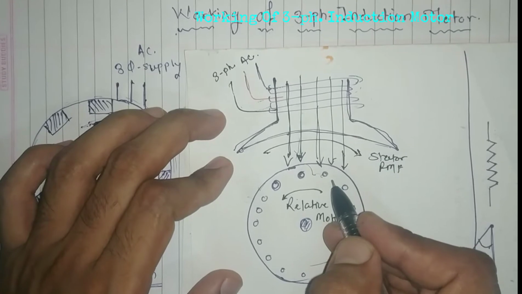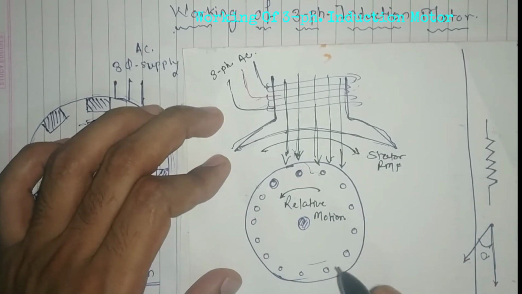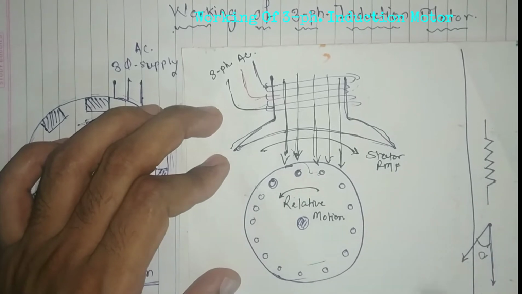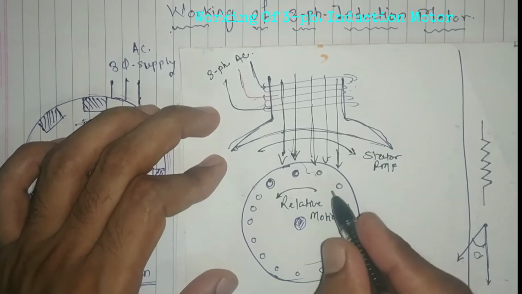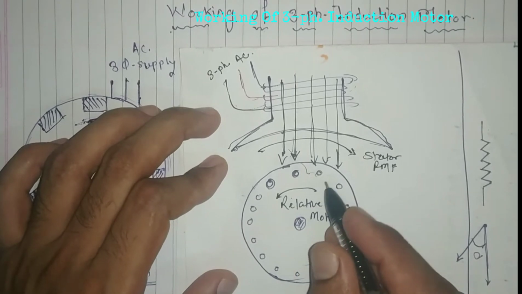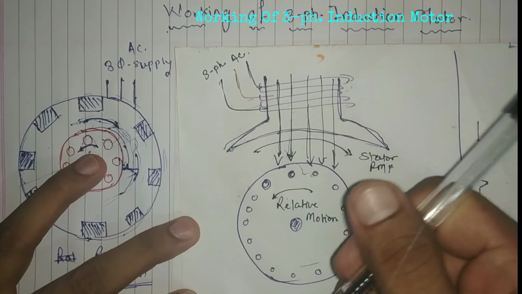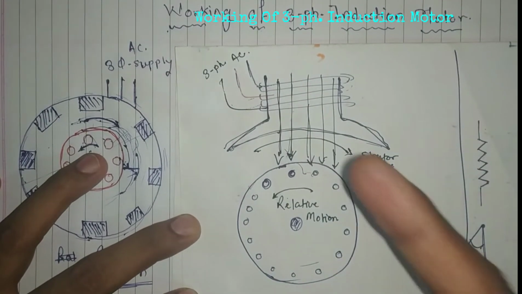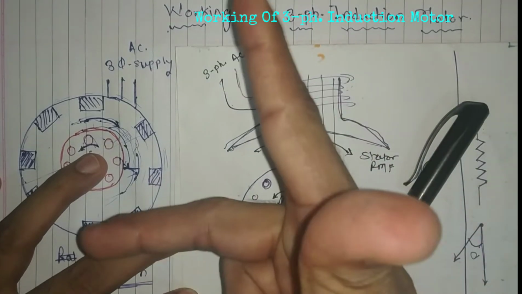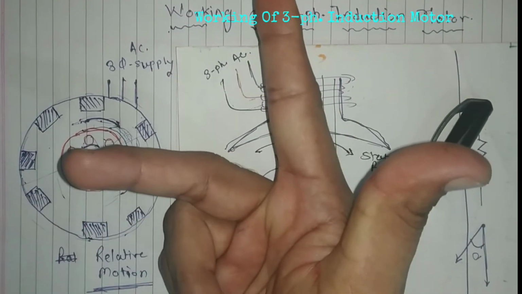And when it cuts the magnetic field, like our Faraday always told us, any conductor that cuts the magnetic field, an EMF will be induced inside that conductor. It means this conductor will induce the EMF, right? The direction of the induced EMF is given by Fleming's right hand rule. Okay, what does it tell us?